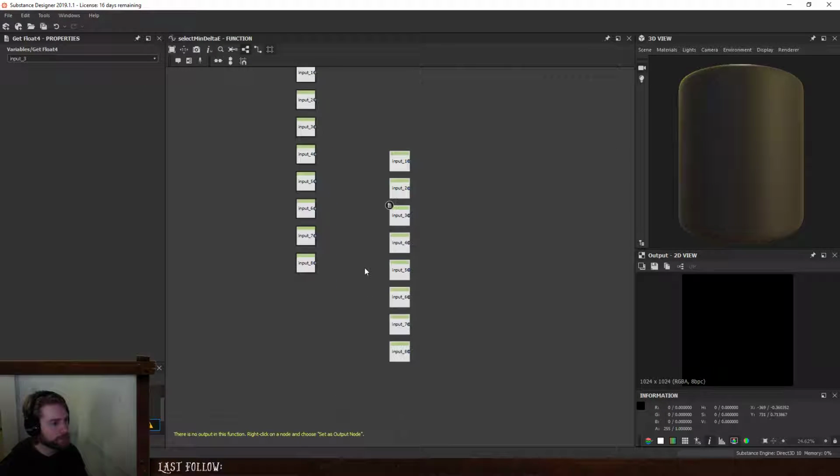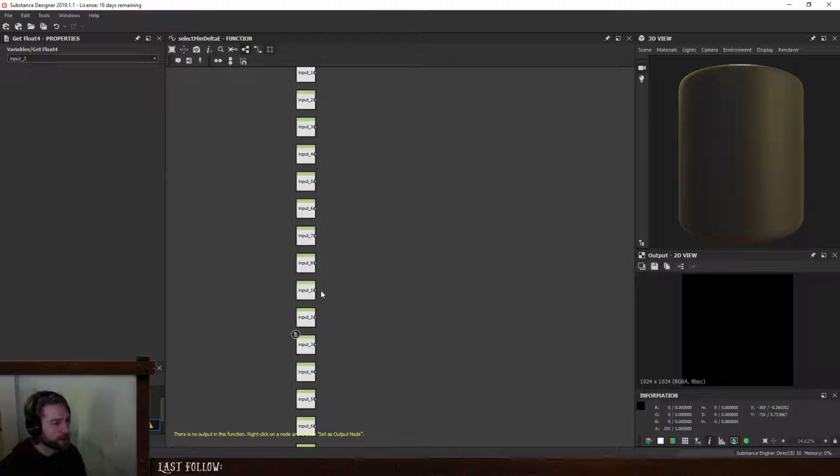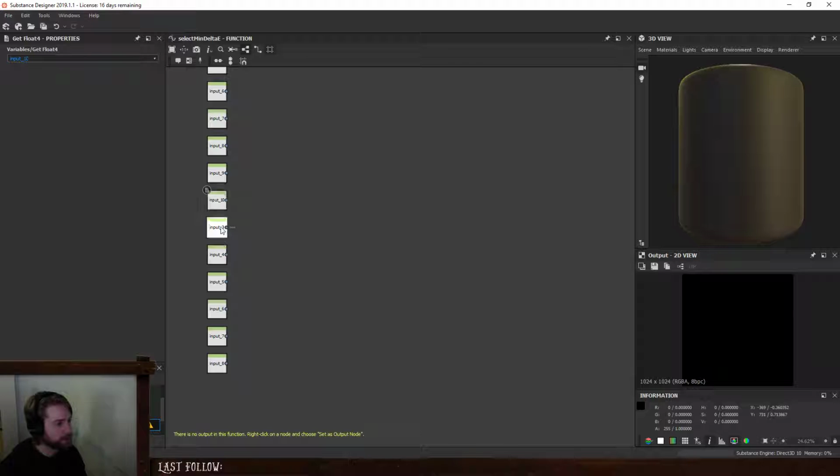So that way I can actually just pass the color. 6, 7, 8, 9, 10. So that way I can compare its W value, which is the alpha,